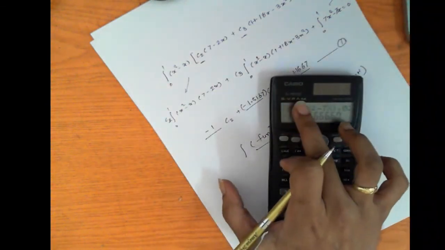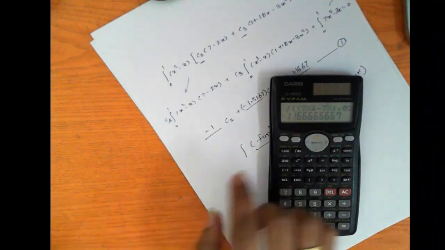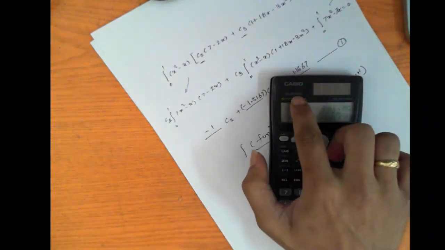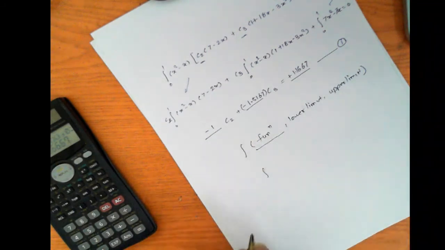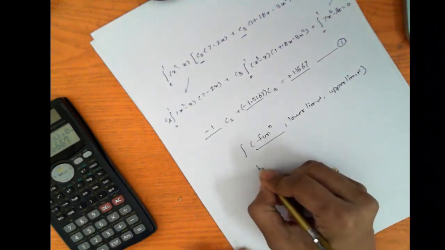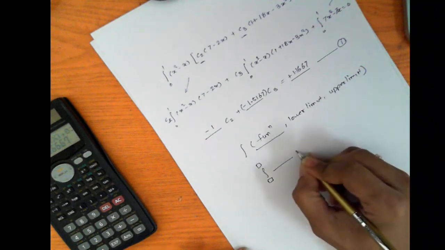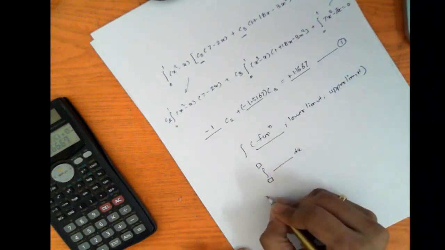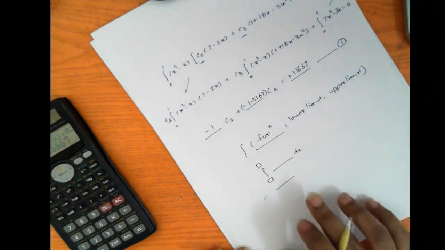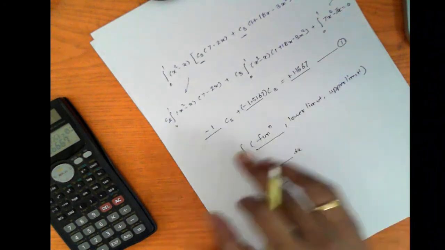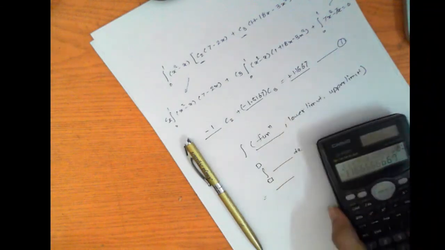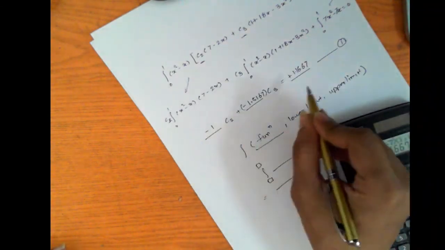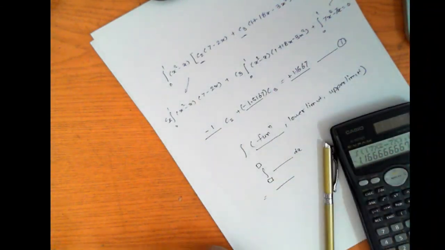If you have a higher version of the calculator than 911 MS, if you have 911 ES, you will directly get the integration sign where you have lower limit and upper limit boxes. You can define a function, dx, and then you will get a value directly, so that will be easy. This is a little bit complicated with 911 MS. So this is how you can solve the integrals in your FEM methods: Galerkin, Petrov-Galerkin, subdomain and all methods.